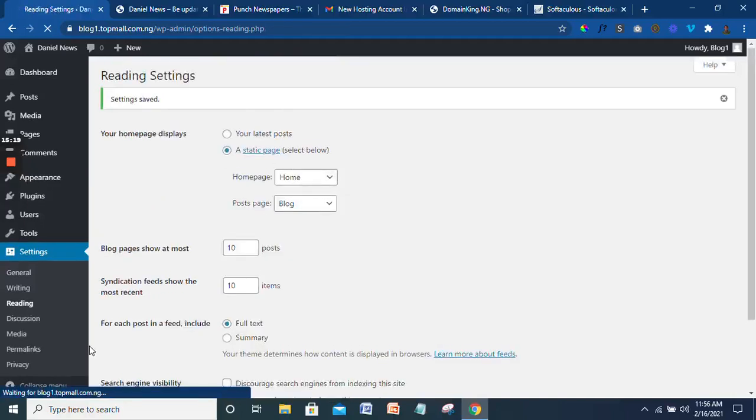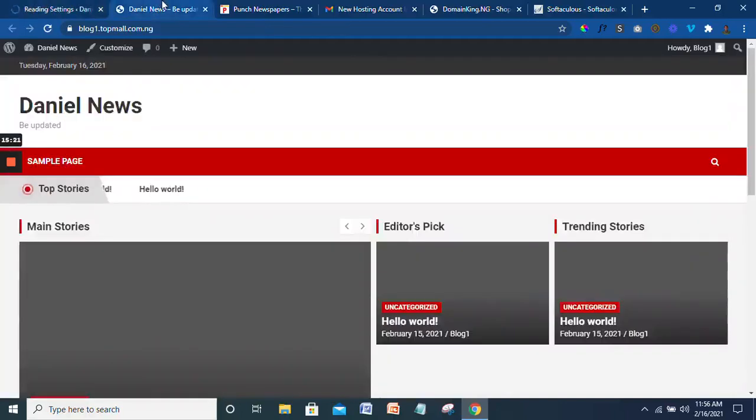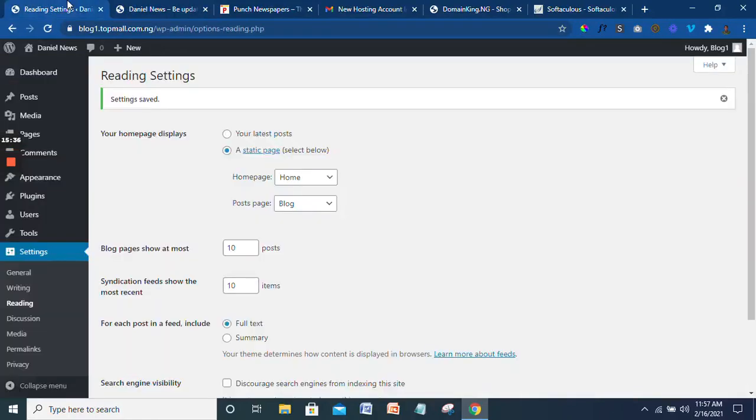Click on save changes. So ladies and gentlemen, our website is now ready to be created. Let's refresh it and just see what's going to happen. As we have created just two pages, you can see 2 pages that appear, but we make it more beautiful by creating a menu. So let's come back down a bit, and the next thing we are going to create is going to be